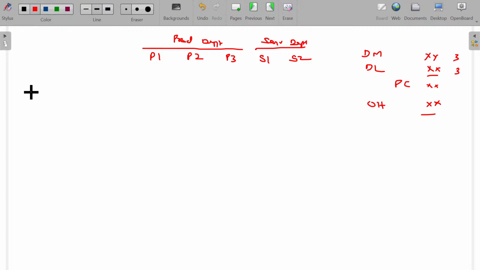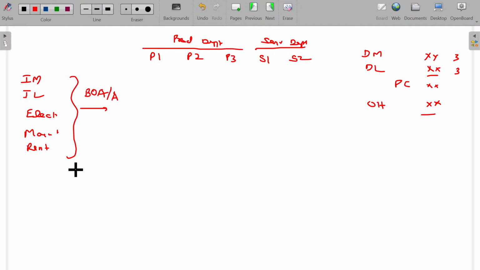Clear? Now, the common costs like indirect material, indirect labor, electricity, maintenance, rental, all the costs we incur commonly, are going to be shared to these departments based on some basis of allocation or apportionment. For example, if you want to allocate or apportion the rental expenses, the overall